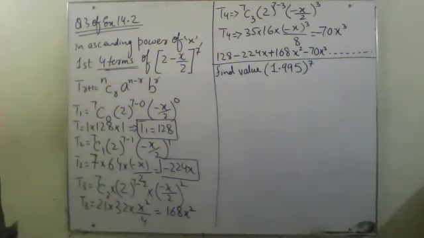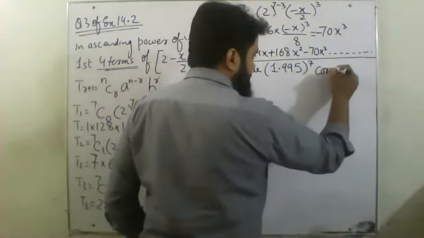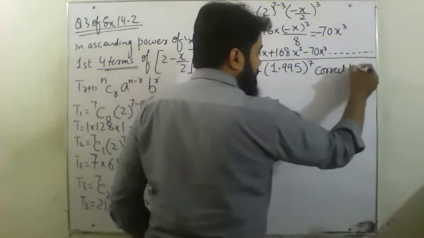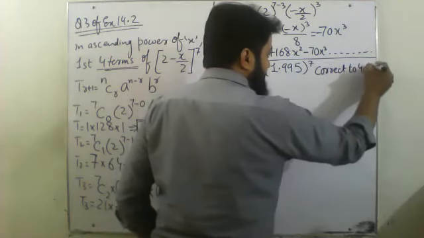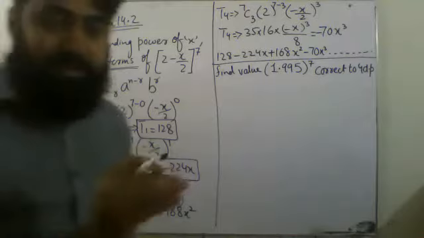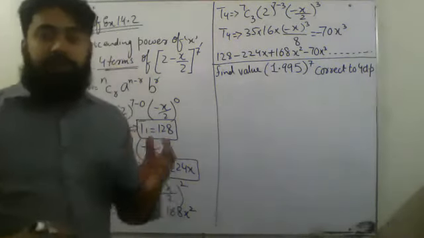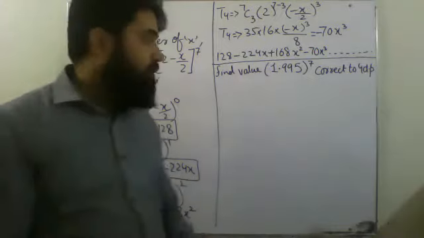I have to find the value of 1.995 whole power 7, correct to 4 decimal places. This is the requirement over here. Now, in this one, I will not do it directly. I will take out my calculator,